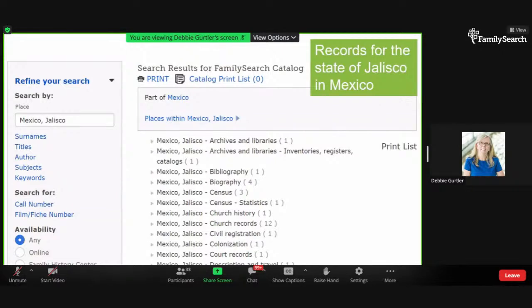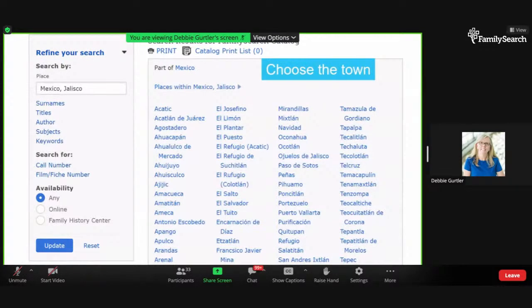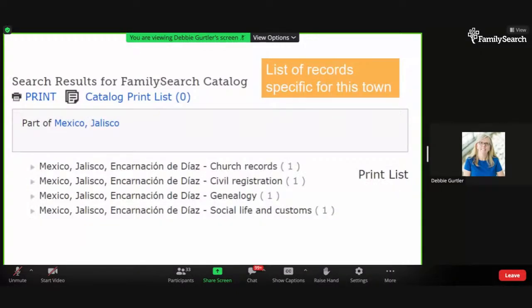If I want to look for different towns within Jalisco, and I'm not sure how to spell it, this is a good way around it. So I click on places within, then I can look through the list and see if I can find the one that I'm looking for, because maybe I don't know how to spell it. So in this case, let's look at Encarnacion de Diaz. So I'm going to click on that, and that's going to take me to this page that has records specific